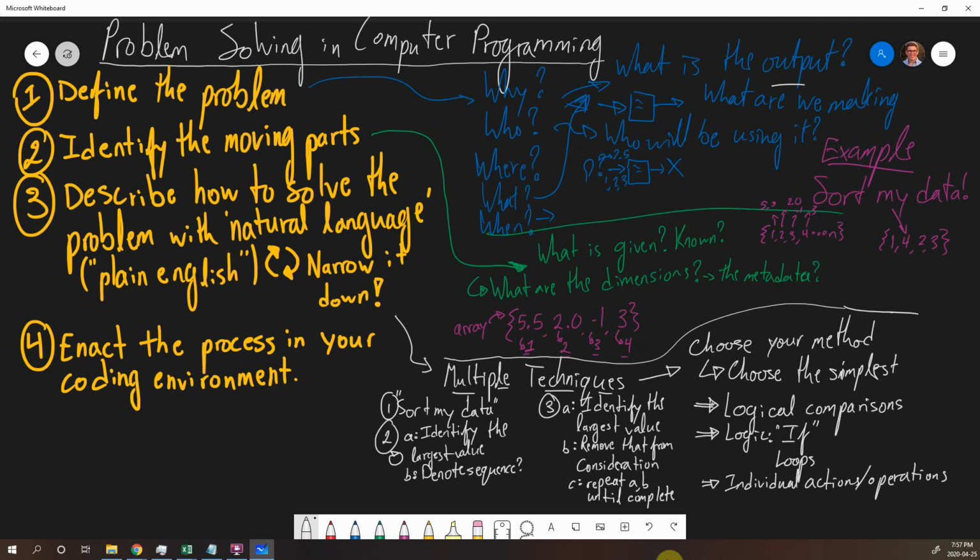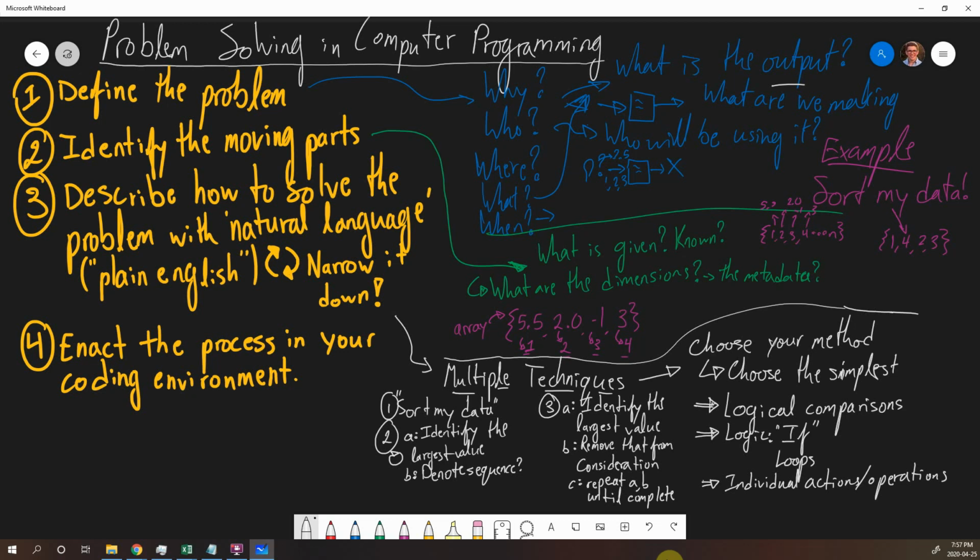And so that's what I meant when I talked about going down to a really granular level. At the beginning, if I say sort my data, there's a lot of sub-components. There's a lot of little tiny steps and comparisons along the way as we're kind of getting into in our third iteration of what our process looks like in plain language. Identify the largest value. Well, that could be broken down into more steps because how do you go about doing that? Maybe you have to compare that value against every other one. So is 5.5 greater than 2? Yes. Is 5.5 greater than -1? Yes. Is 5.5 greater than 3? Yes. So you can see how this can be broken down into